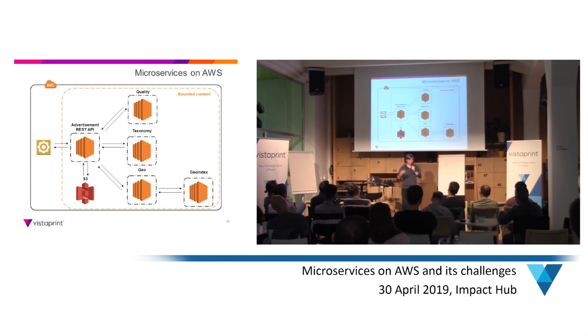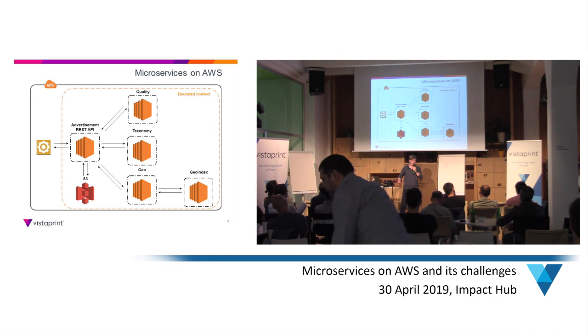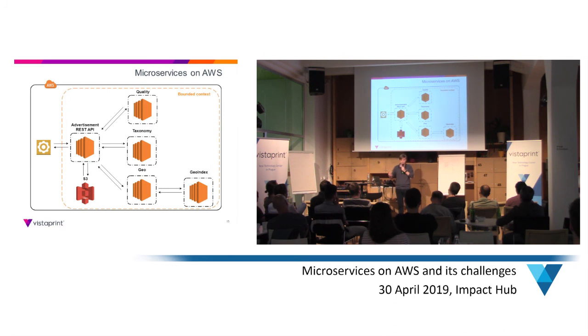This is a real thing you need to do with advertisement, but it's not a real architecture. I'm using this just to show how it may look if we need simple synchronous services to address this. So we have basically our gateway to this domain, which is a REST API for advertisements. We have a quality service which checks the quality of the data. We have a taxonomy service to structure, tag, and do other taxonomy things with our data. And let's say we have also a geo service to append geo information to our advertisement, because this is a very frequent element or parameter in the search.